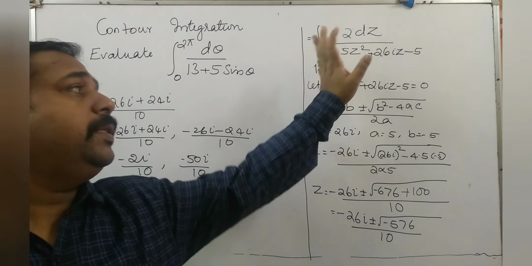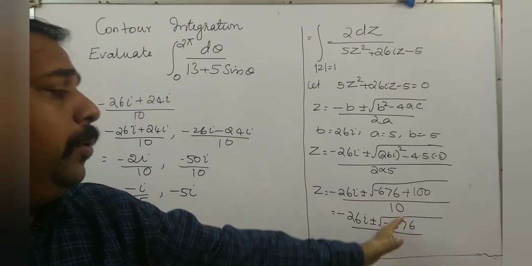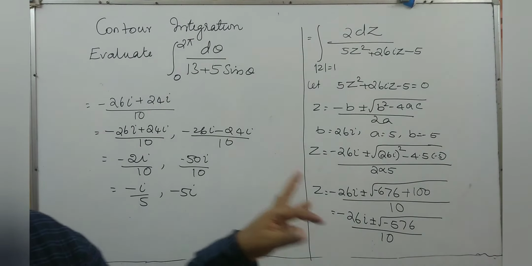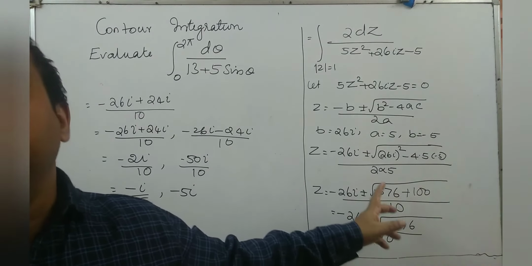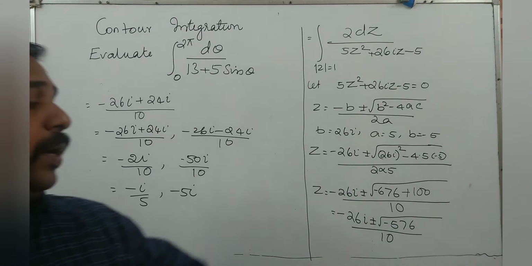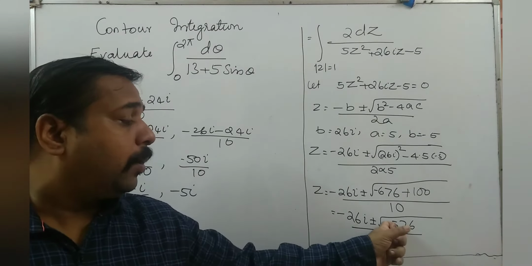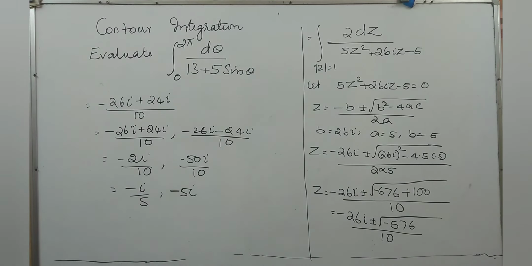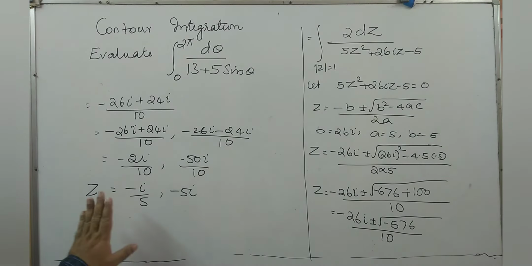Since this is a quadratic equation, we can use the formula minus b plus or minus root of b squared minus 4ac, divided by 2a. If the root has a minus value, you take for minus, that is i. Then for the remaining term you take the square root. So root of 576 is equal to 24, and for minus we take i. So that is 24i. Then you can simplify and get the z value. So these are the poles.